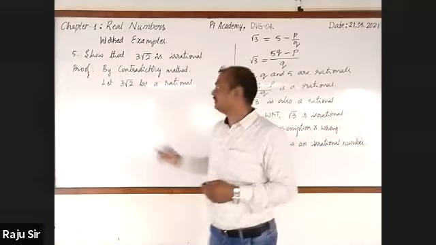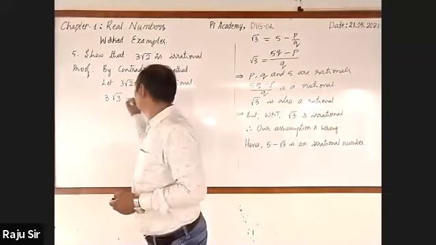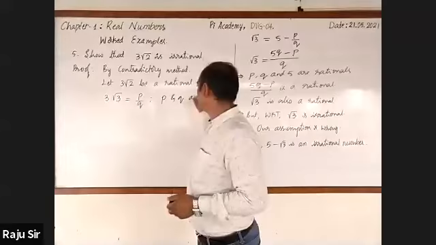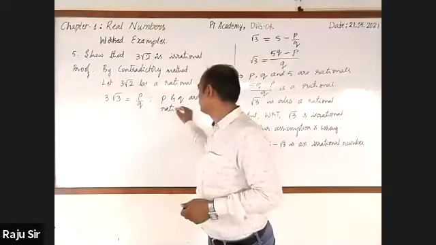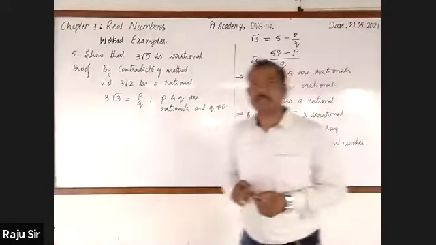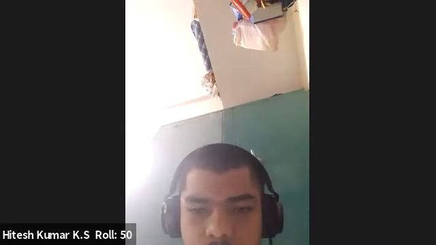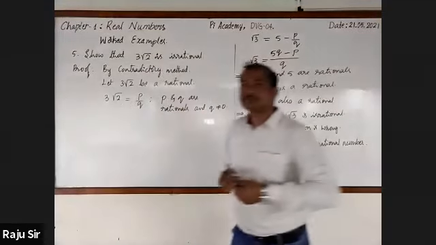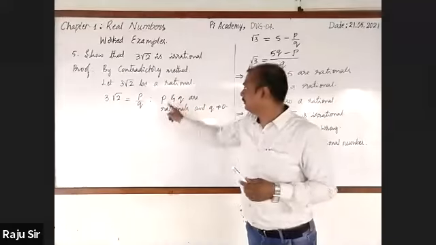If it is rational, then this can be written in the form of P by Q, where P and Q are rationals and Q is not 0. Sir, co-prime, sir? Yes, sir, co-primes. It is 3 root 2, sir. You have written 3 root 3. 3 root 2. Then sir, for monomials, co-primes, no, sir. Don't go for taking P and Q as rationals.